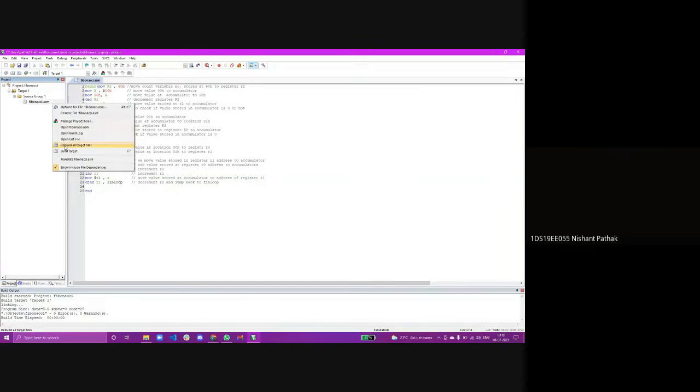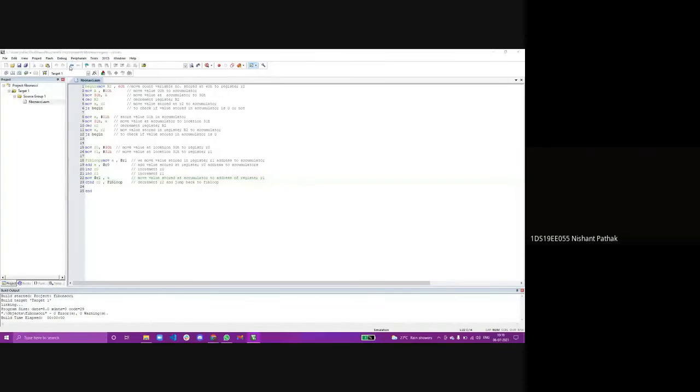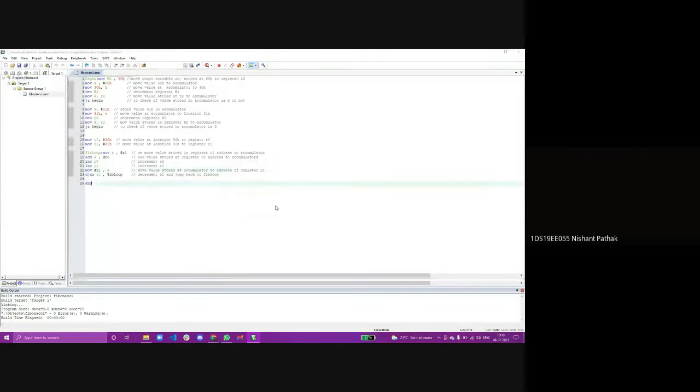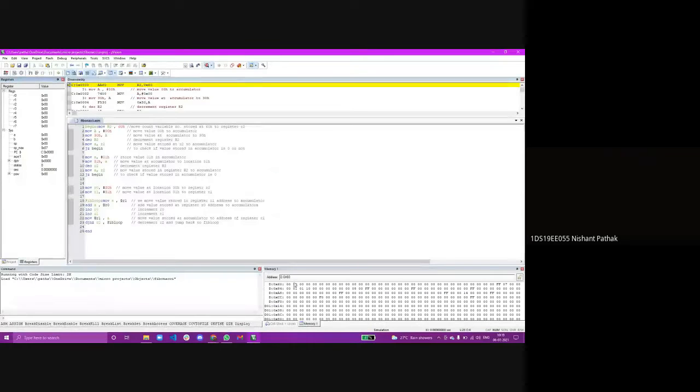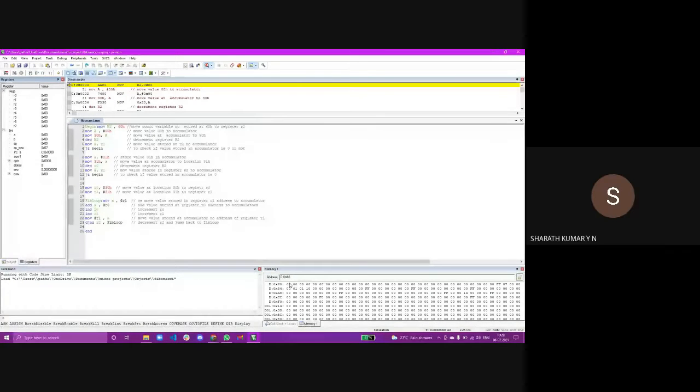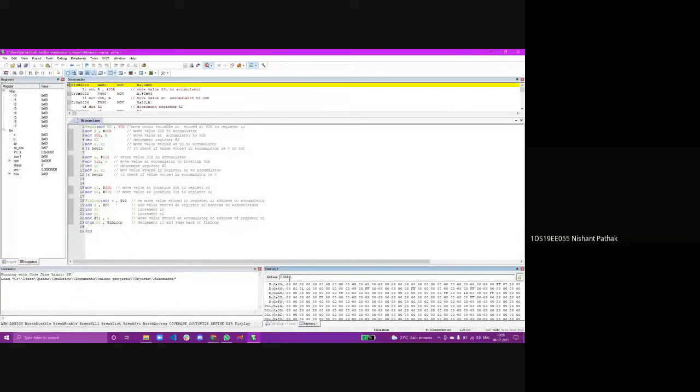So first we build the target, and here it is 0 errors. So we'll move to debugging. Should I take any number, or will you be giving me the number? You take your number, that's not an issue. So in the memory window, at location 60H, I am giving a number, suppose 15.